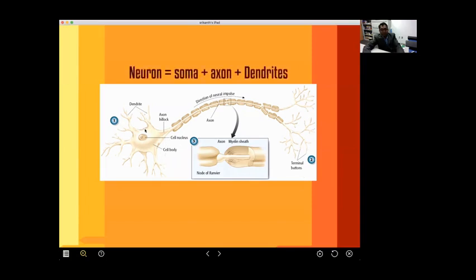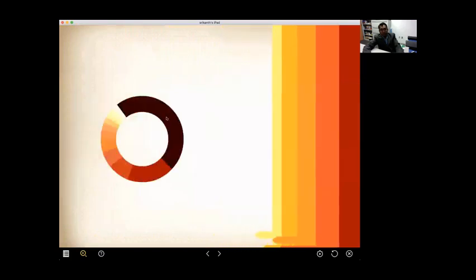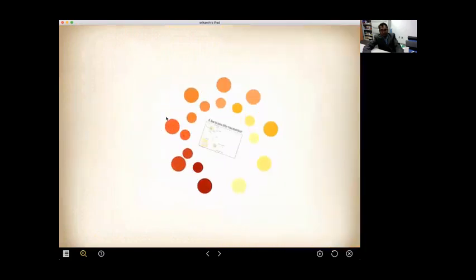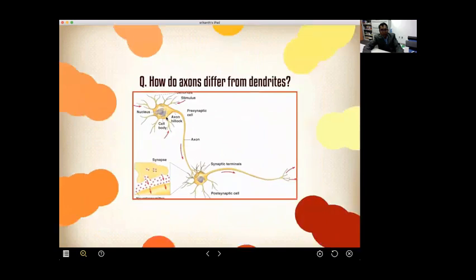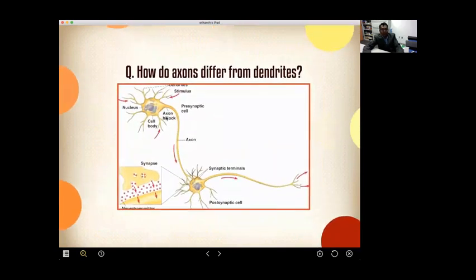So we looked at the soma, we looked at the axon, right? We looked at the dendrites. These are the important structures of a neuron. And the question is, how do axons differ from neurons? So the way I teach this particular topic in a class is I ask students to actually do kind of